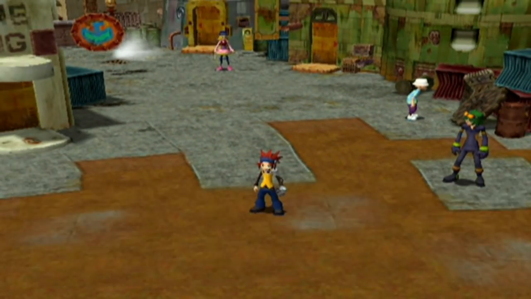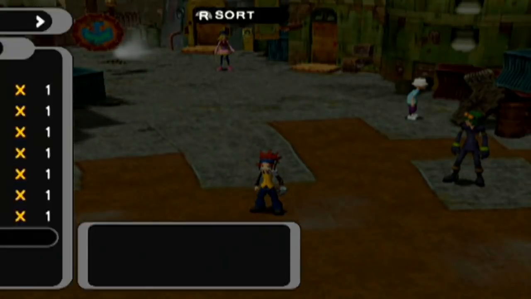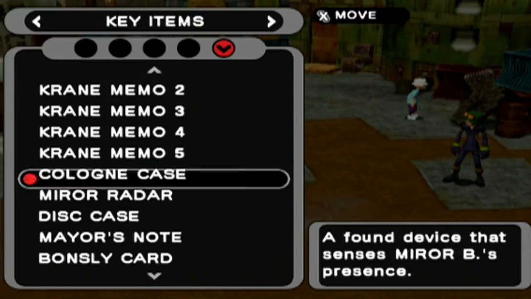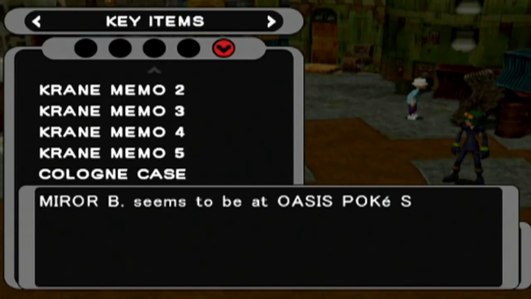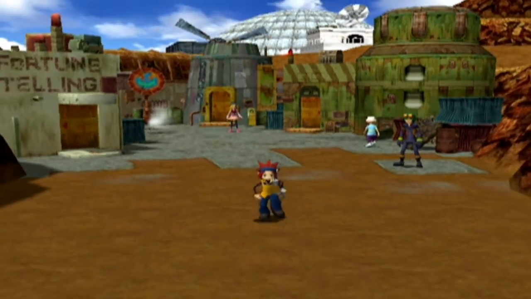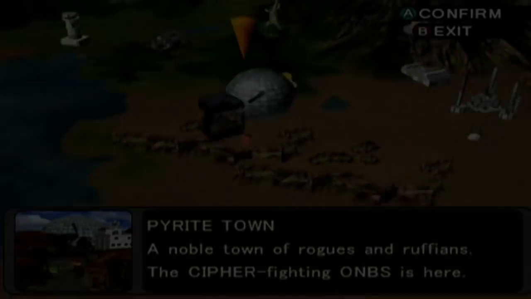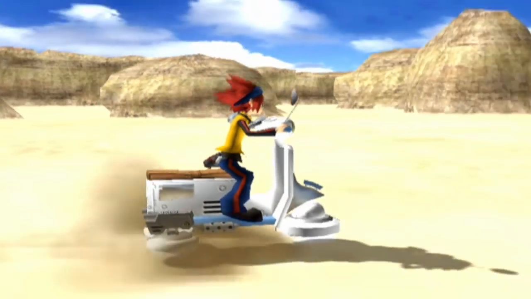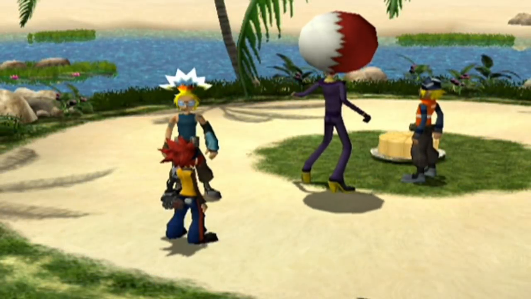Oh, hey! Speaking of Miror B, speak of the Disco Lord, and he shall appear. So, let's see where he is. Please don't be Railgun Tower. Oasis Pokespot, okay? I guess we can find out whether or not he'll be using his level 30 team. Because like I said, if he's at a Pokespot, his team level is dependent on where you are in the story. Please let this be level 30, because if I lose to Miror B twice in one episode...